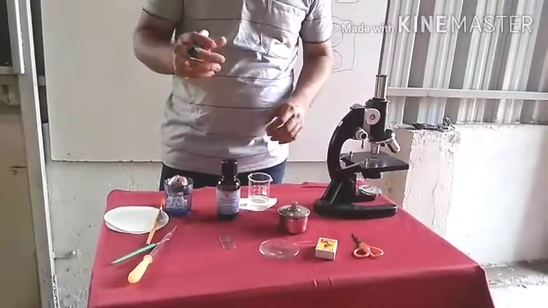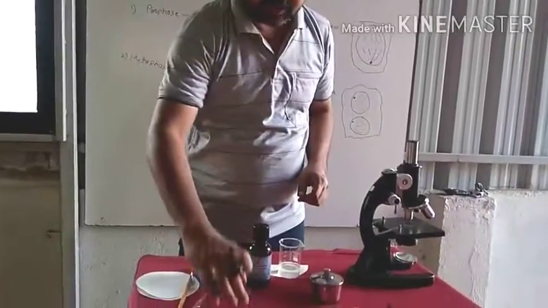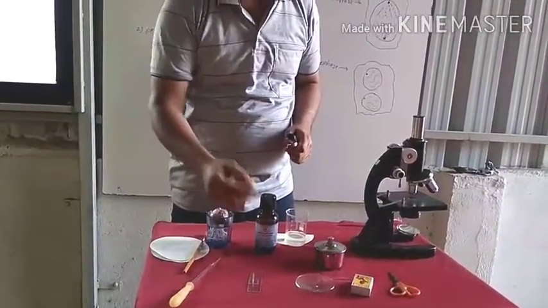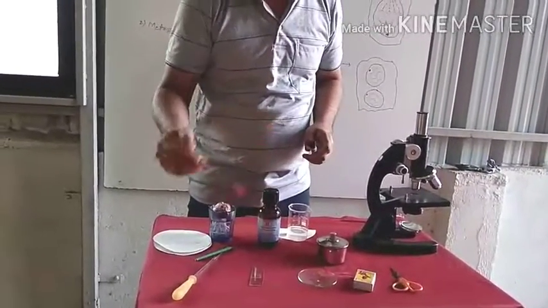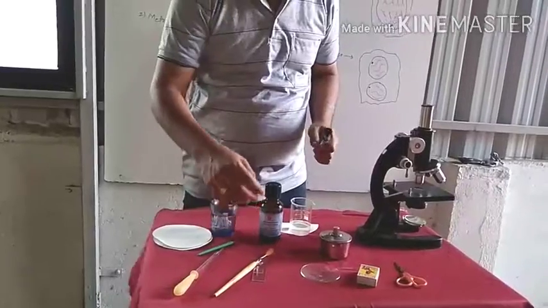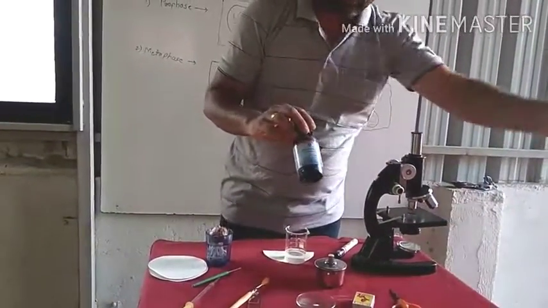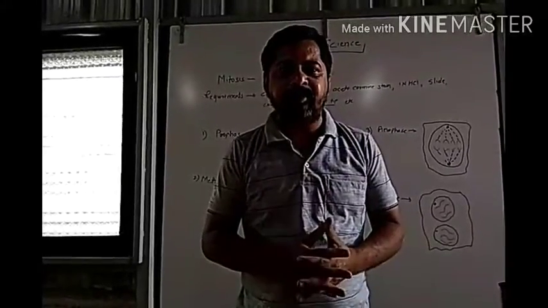Okay, so I'm going to dip it again here, and the other things which are required here: a compound microscope, then a spirit lamp just for heating purpose, a slide and a cover slip over it, one needle I have taken for just moving it, then a brush I have taken just to move the root tips, and then again stain is very important, and that stain is acetocarmine. Okay, so let us start our experiment.